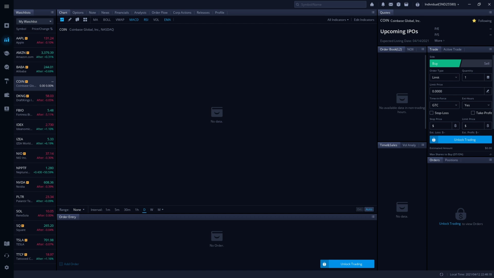ZipTrader gave his thoughts on the Coinbase direct listing that is coming up on Wednesday. ZipTrader warned that the first few days or weeks of trading would be very volatile, but he does think that COIN would be a good long-term play. He recommends sitting out during the first few days or weeks and waiting for COIN's price to drop before buying